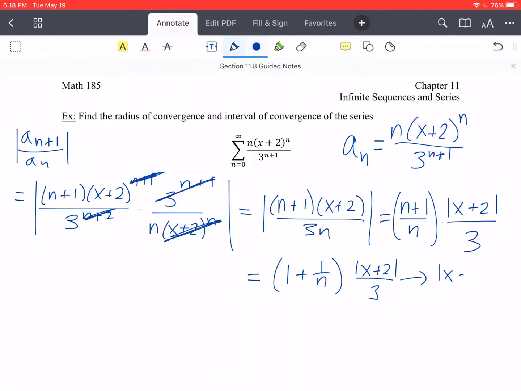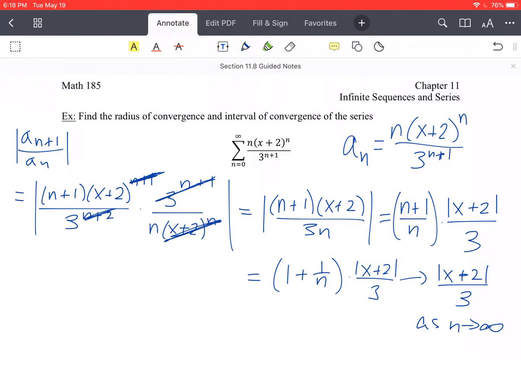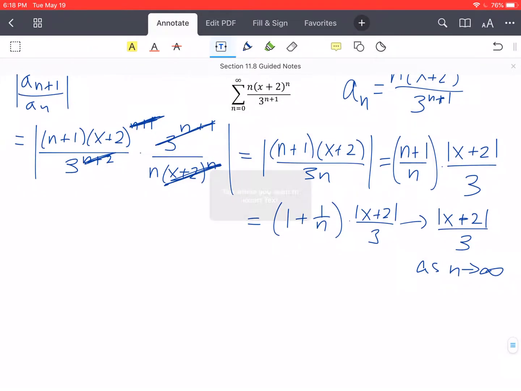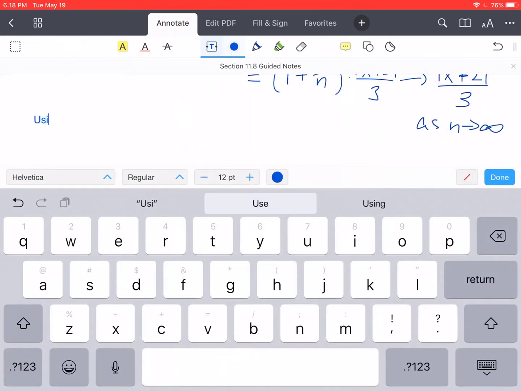So this approaches the absolute value of x plus 2 over 3 as n goes towards infinity. So again, we have this variable condition here. So using the ratio test,